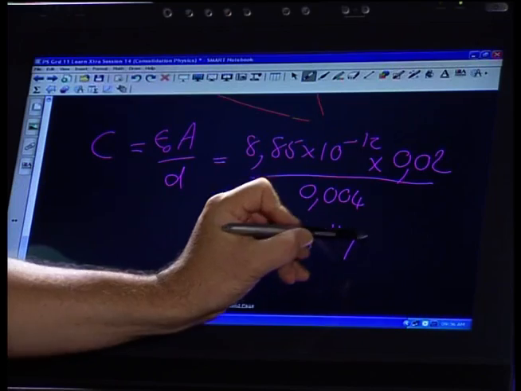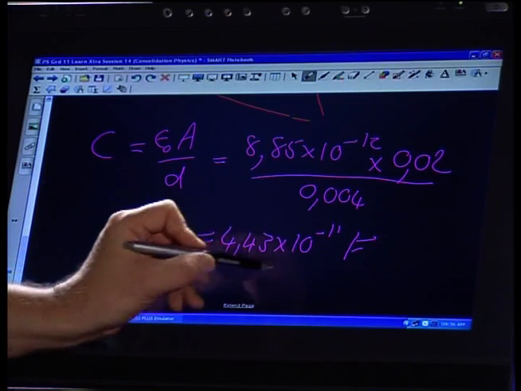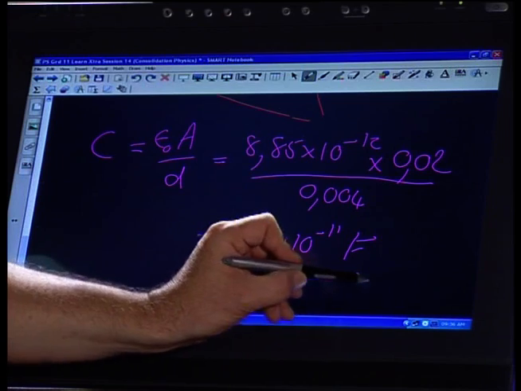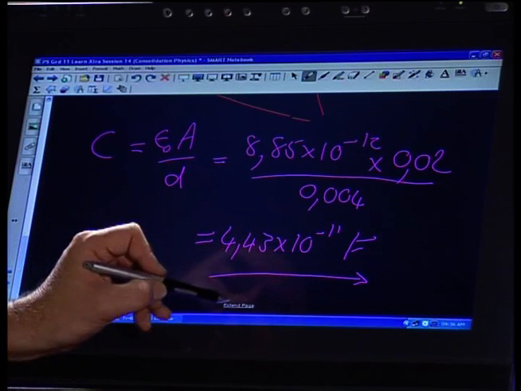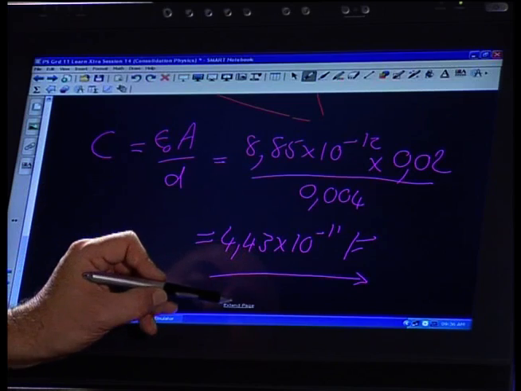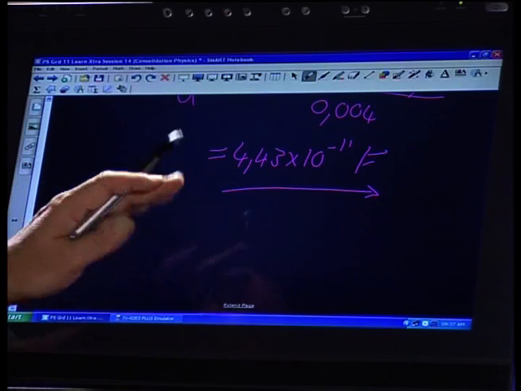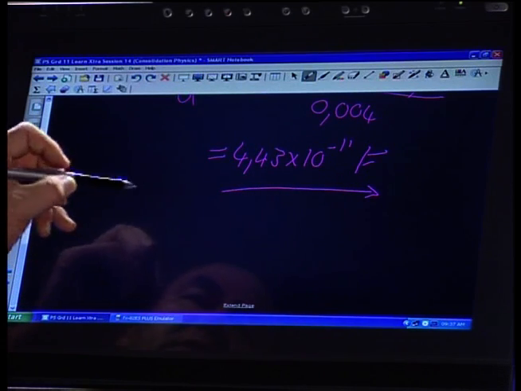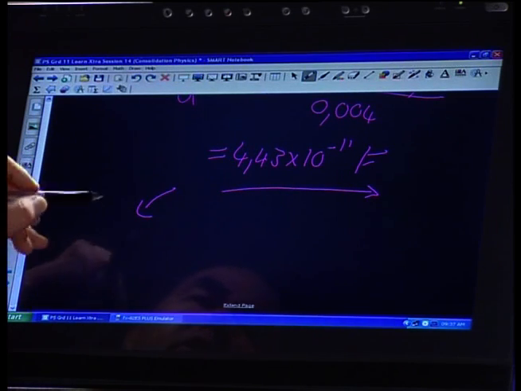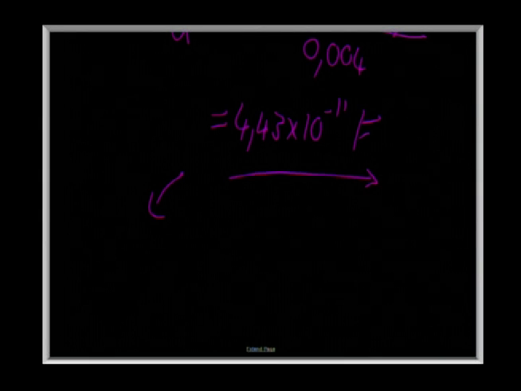It's farads. Okay? And recognize that this is actually a very small number, and we could have converted that. Let's make sure that we can do the conversion. If you had to convert to a unit that is a smaller unit, what would that be? Well, if we wanted to say nanofarad,